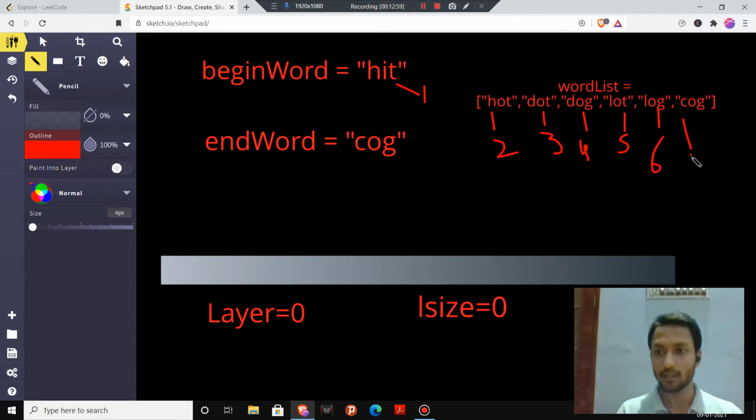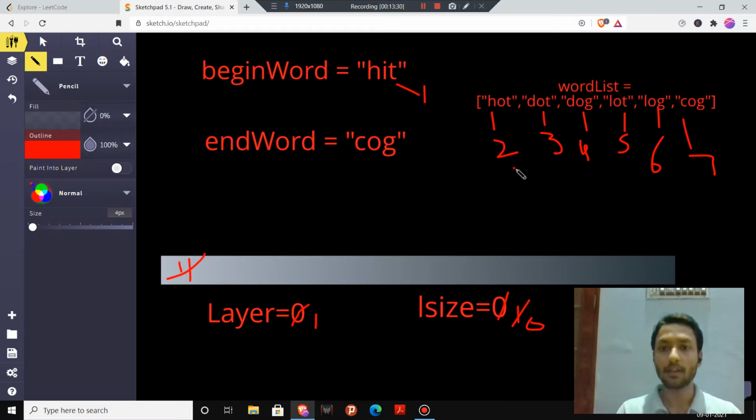Now we will move our first word into the queue. Our layer number is the first layer, and our layer size is 1. Now we will remove this word from the queue, and our L size will become 0 obviously.